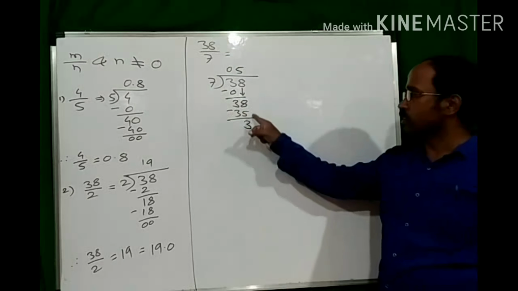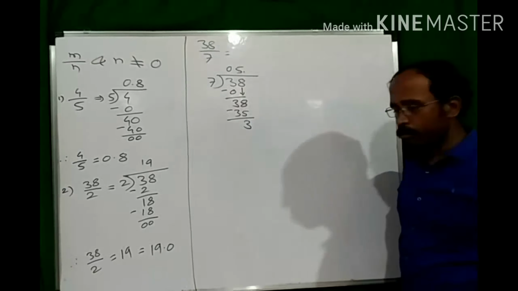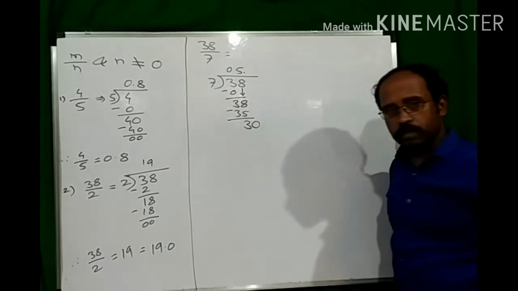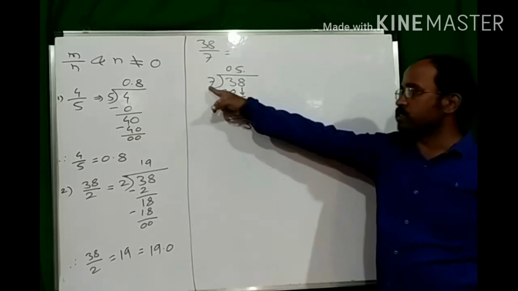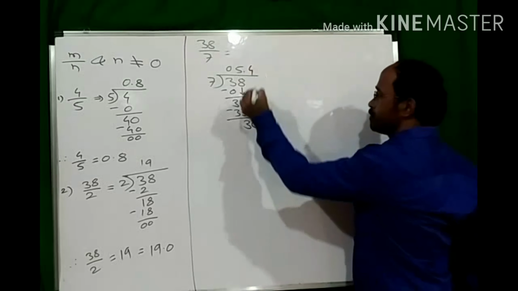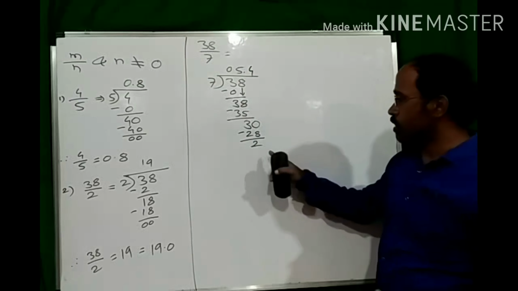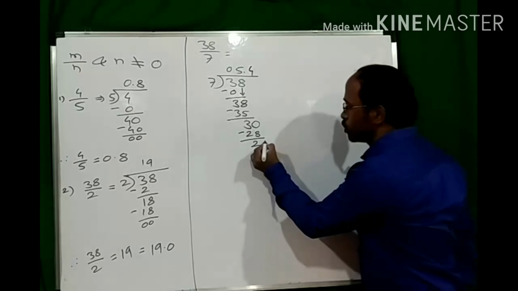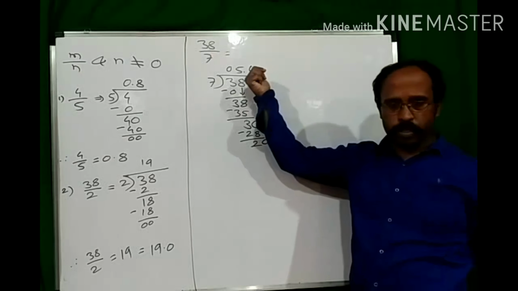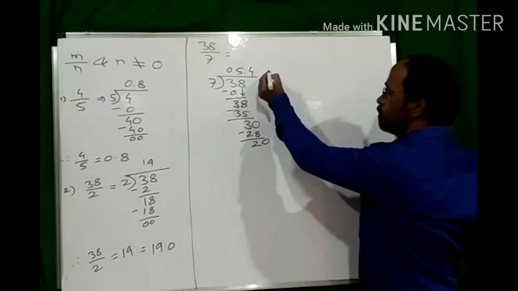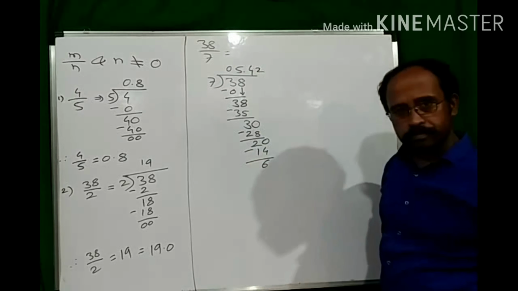Now in this case, this 38 is finished. So what do we have to do? Give a decimal point over here. Append a 0 after the remainder. Now let's divide. 30 is greater than 7. So our division is 7 4s are 28, minus 28. 2 is the remainder. Once again we have to append one more 0 after it. The decimal point we can give only once, so no need to give a decimal point there. 20. 7 2s are 14. 6 is the remainder.